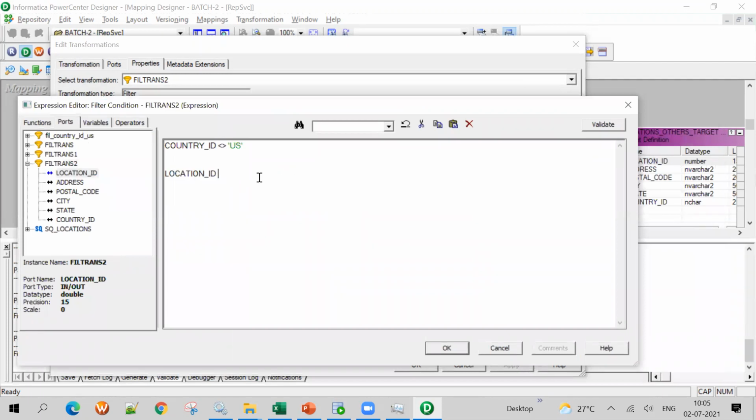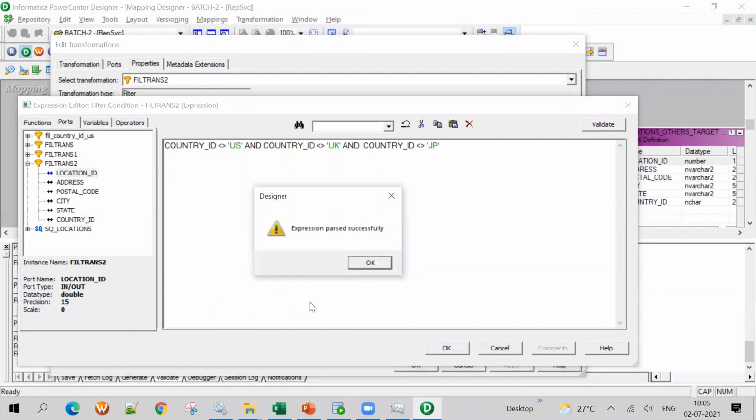Location ID is a number, and we are comparing a number with a string value, correct? US is in quotes. That is why it is giving the error. So now if you give country ID, it will succeed. Okay. And country ID is not equal to UK, and country ID is not equal to JP. Okay, validate, done.